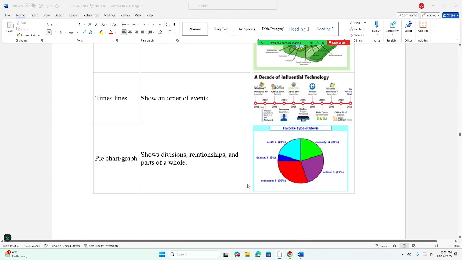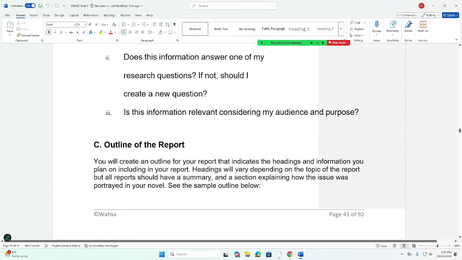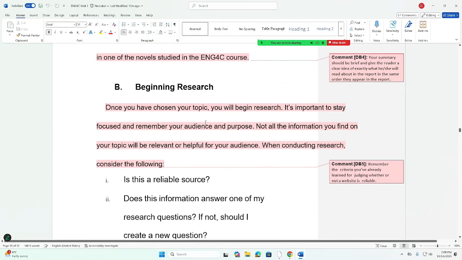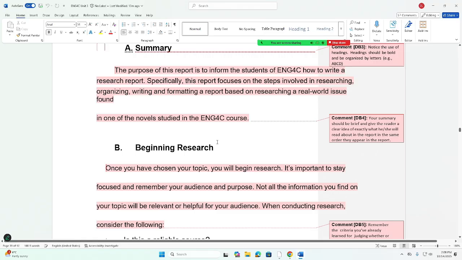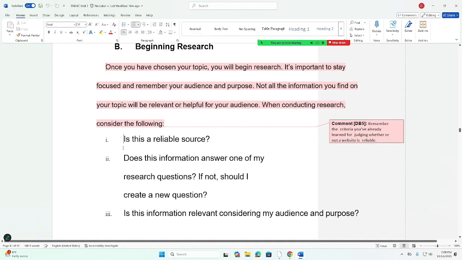Okay, so some of these sections are broken down further. All right, so I'm scrolling back to section B here. We have Roman numerals here. Beginning research. All the steps or questions that we have to answer while we are looking for relevant sources. So step 1,